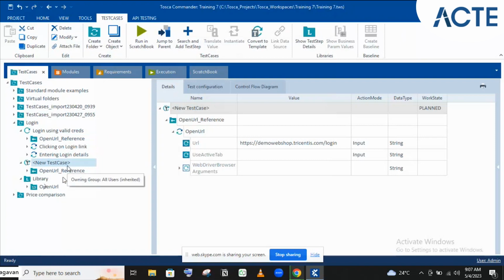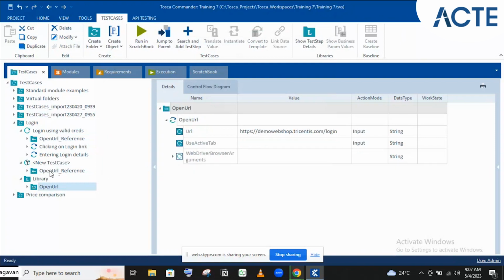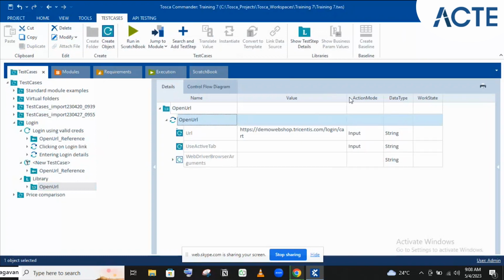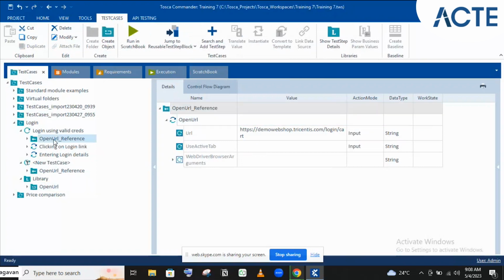The one advantage is, we have open URL reference blocks in two test cases and there is some change in the URL. So I can directly change it from the library. For example, I'm adding .com login, for example, cart. I want to change the URL to something else. There is some change in the reusable test step block. So I can directly change it from the library, and this change will be automatically reflected in